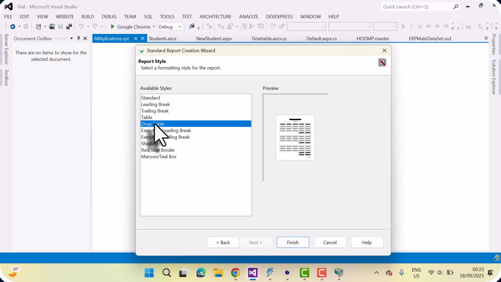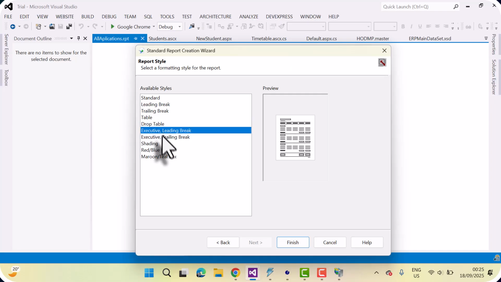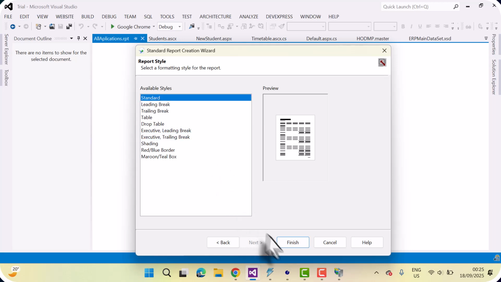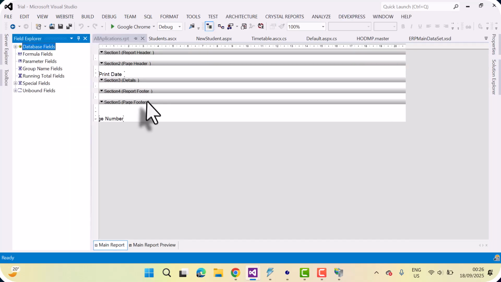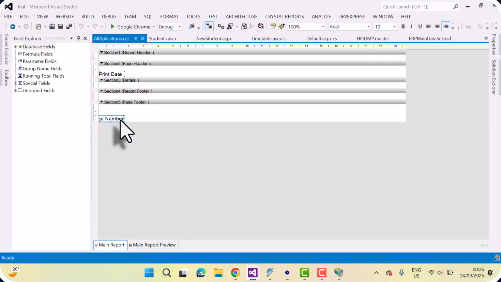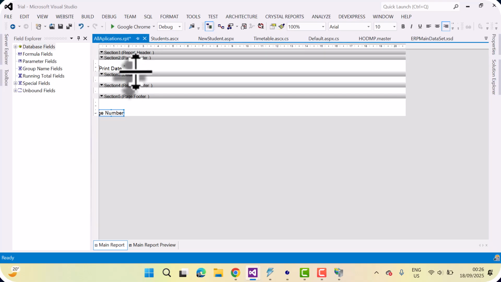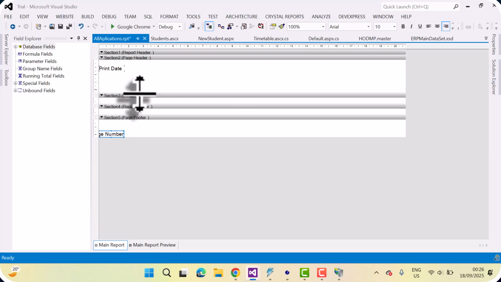So when you do finish here, it brings for you this. So you will hide our report header. Then you expand on the page header. So you pull our date here. So you can even put it here. So then we are going to right click. You insert a text box. So you can call it, for example, you can say